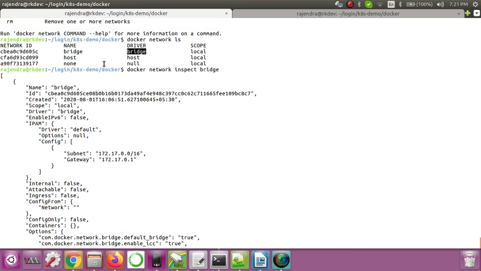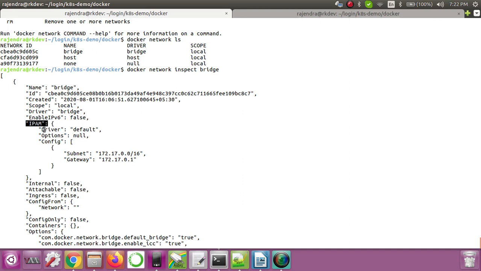you can see more information: the name of the network, that is bridge, the ID, when it got created, the scope, the driver it is using, and whether IPv6 is enabled or not. Then what is the IPAM driver? We know the use of the IPAM driver is IP address management.